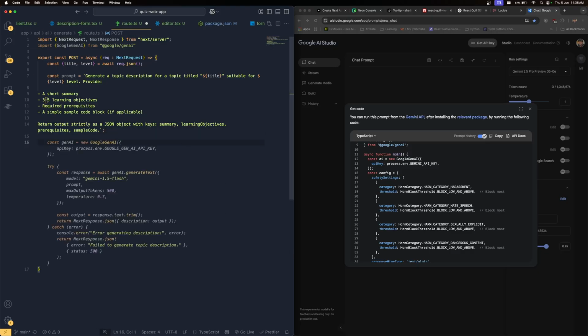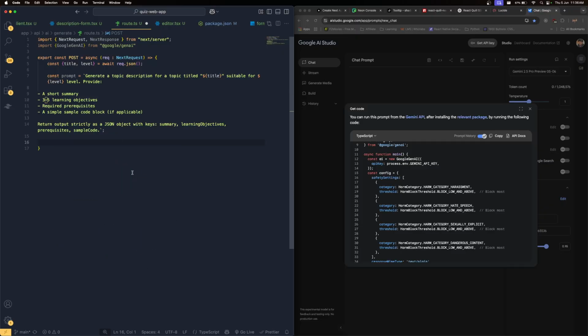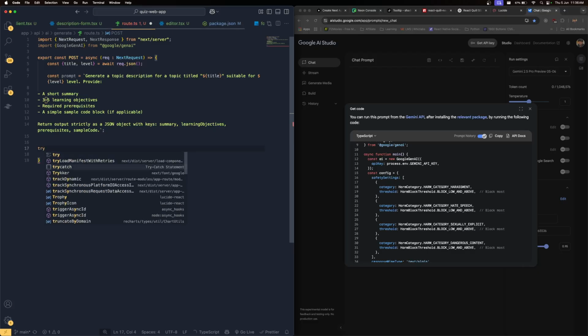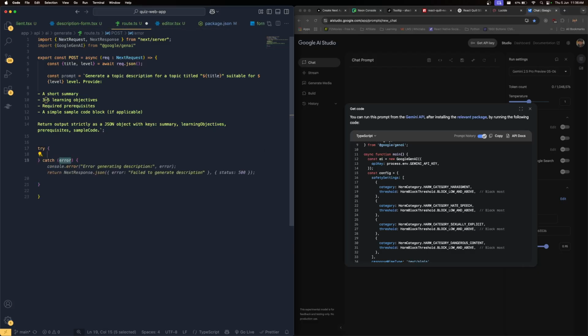Then right after here, I need to bring the try and catch block. So let me bring the try and the catch block. So inside this catch block, I'm going to return a JSON error message, something like this: failed to generate the descriptions. Then inside over here,